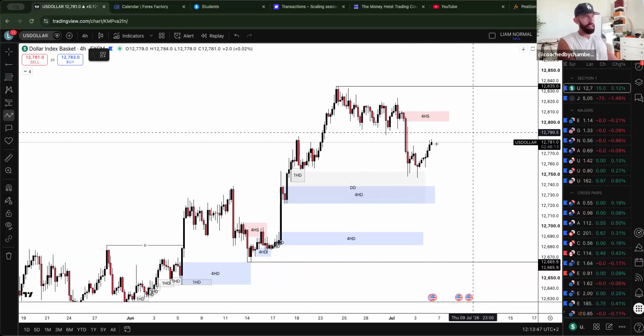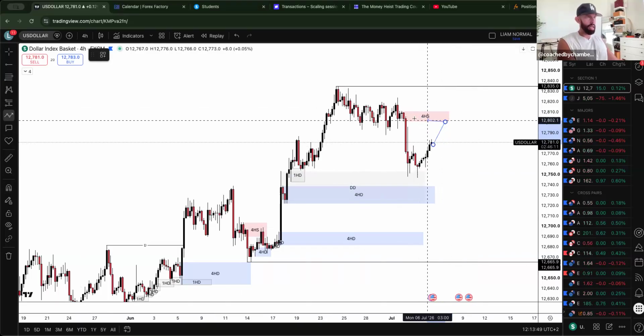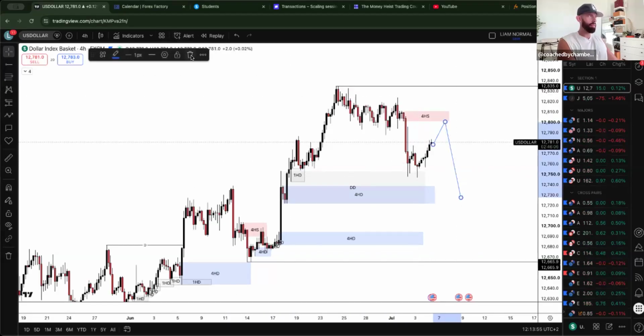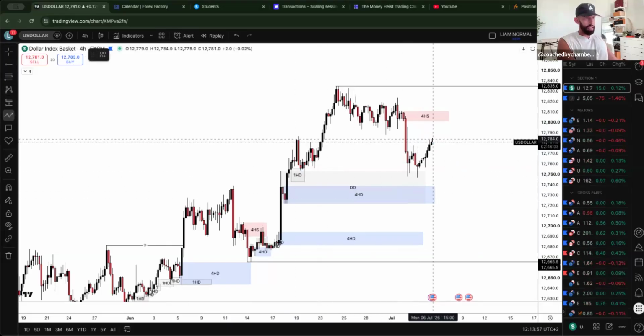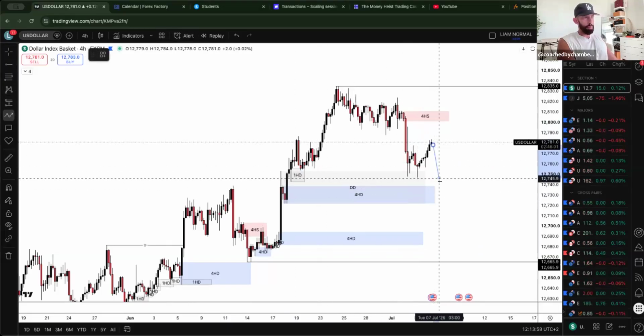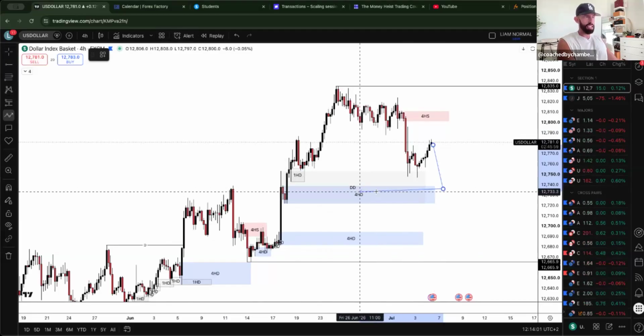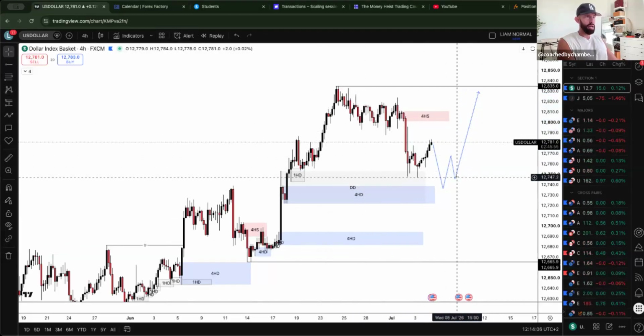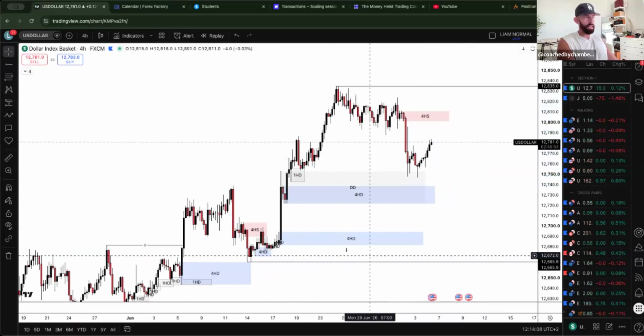It's going to be interesting, like I said, if market gets into that 4 hour supply area here, which is inside of that daily, are we going to get this? That's one thing I am just thinking of. Long wise, if we go long and we start pulling back here, I would be interested to see what happens on this 4 hour demand area as well, to see if we do get this. If not, of course, then it would be the lower demand areas here.